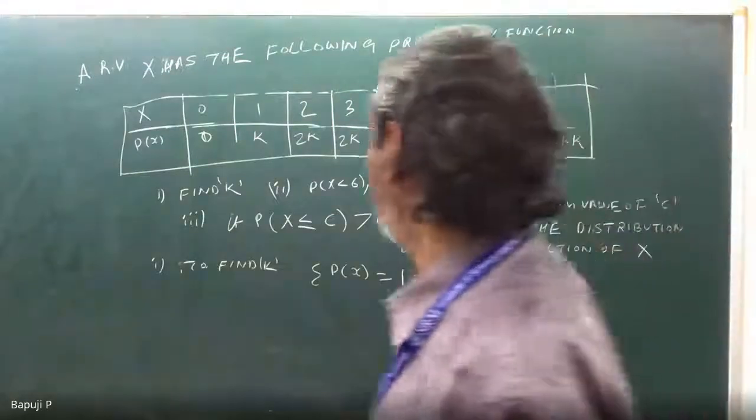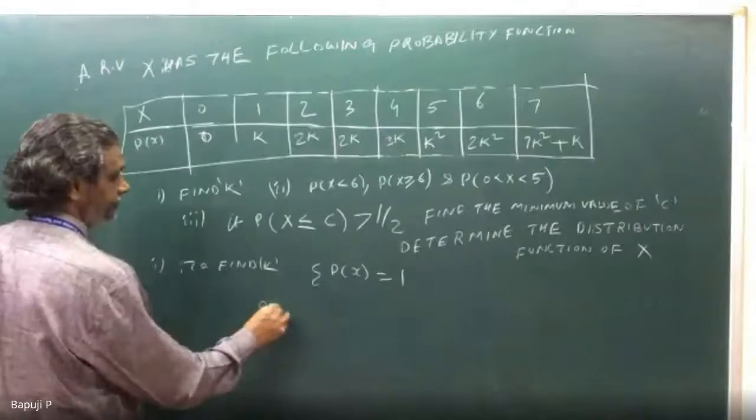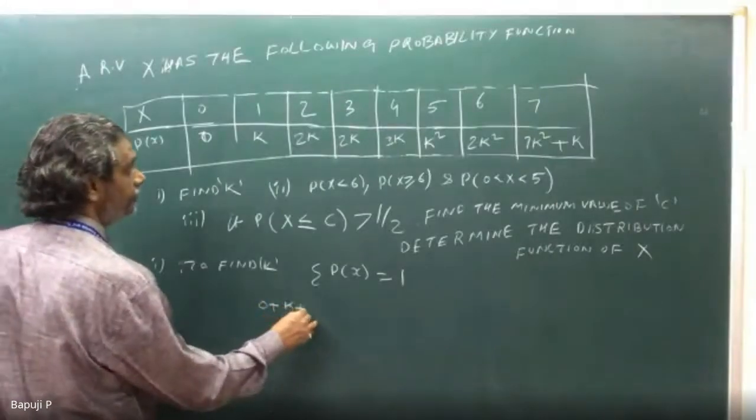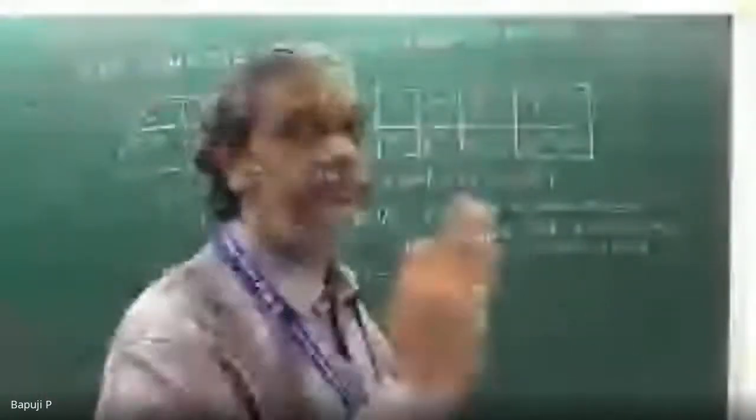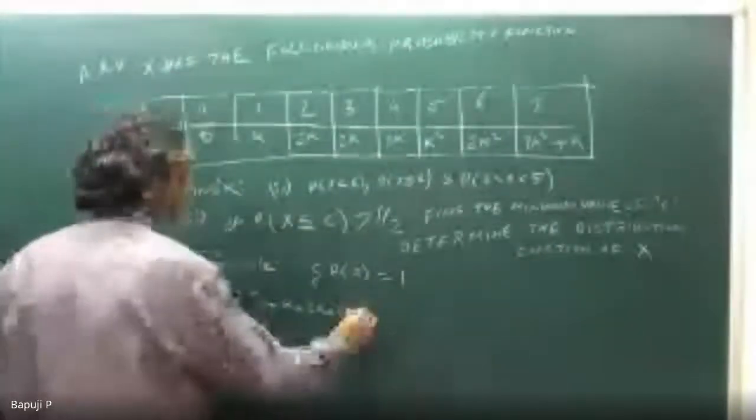Now the sum of p of x is equal to 1, we know. So that is x equal to 0 plus x equal to 1 plus x equal to 2 plus x equal to 3 plus x equal to 4 plus x equal to 5 plus x equal to 6 plus x equal to 7. If you do all this, you will get